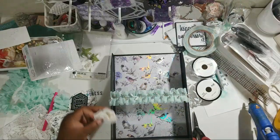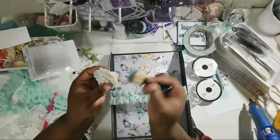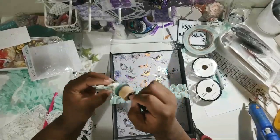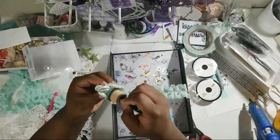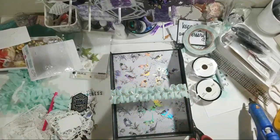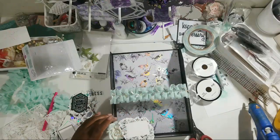You know. So what I'm going to do, just to give it some color, I'm going to take my blending tool and put some type of color on this flower, so it won't look so blah, right? So look, that's going to be there, and I wonder,